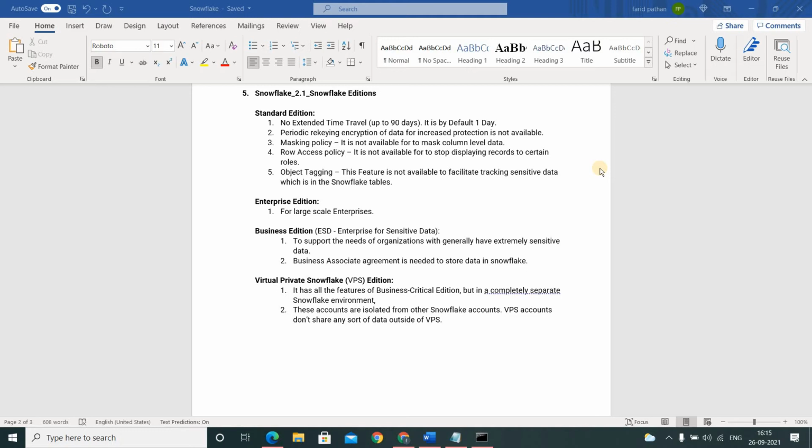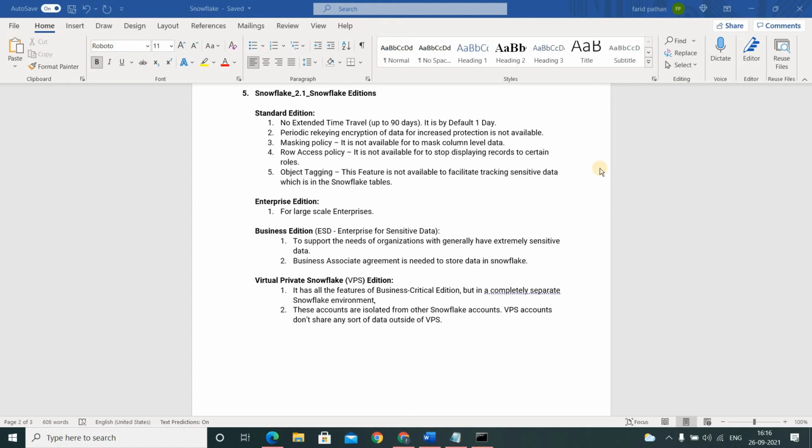The first one is the time travel feature. Think that we have a table. There is a change that happened yesterday, and I want to see the table before the change, or I want to see the snapshot of 10 days ago. How was my table? I cannot see that because it was a change made 10 days ago.